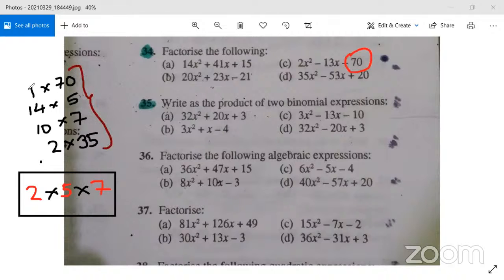So you have 14 and 5, 1 and 70, 10 and 7, 2 and 35. And all of that comes from playing around with 7 times 5, giving it a 35, or 2 times 5, giving it a 10 times 7, or 7 times 2, giving it a 14 times the 5. So having an awareness of that would be very helpful when you're dealing with